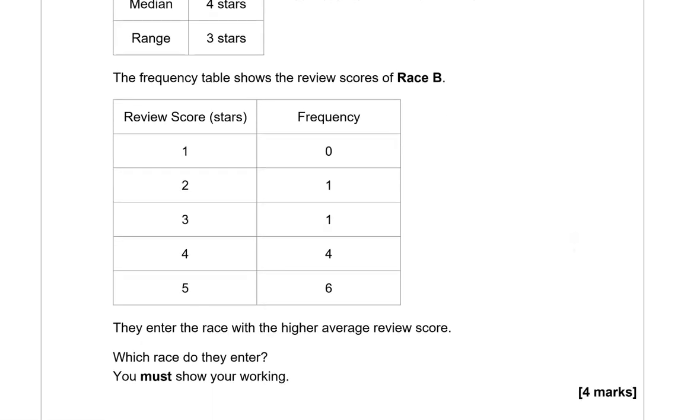We've got review scores and the frequencies. They entered the race with a higher average review score. Which race do they enter? You must show your working. It says here the higher average review score, so higher average. Now you could use the mean or you could use the median, it doesn't really matter, as long as you